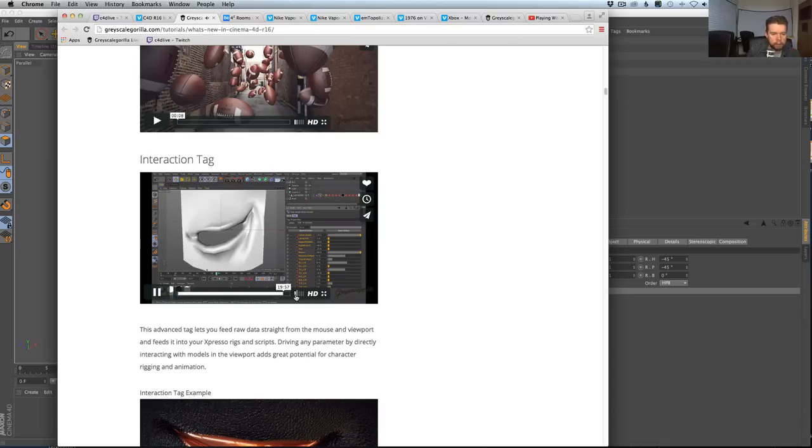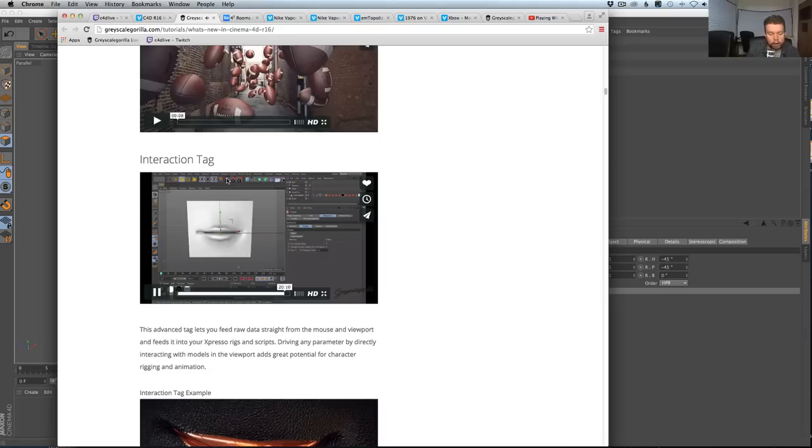My double voice going on there. Really quickly, I'm able to drag this around and create mouth shapes and get some motion going by keyframing things super quickly. So the interaction tag takes forever to set up, but it's pretty cool. If you were a TD, a technical director kind of guy, and you were building the super advanced rig for your artist to use, it's great. So that all turned out really well too.